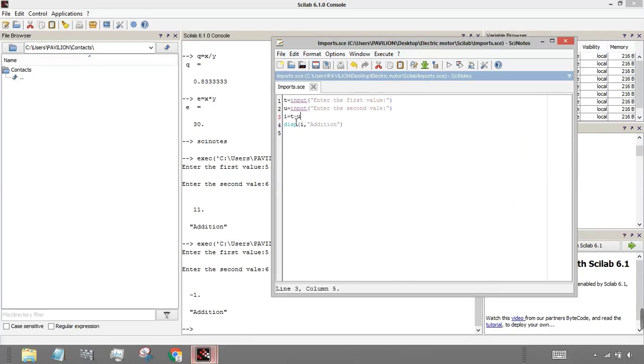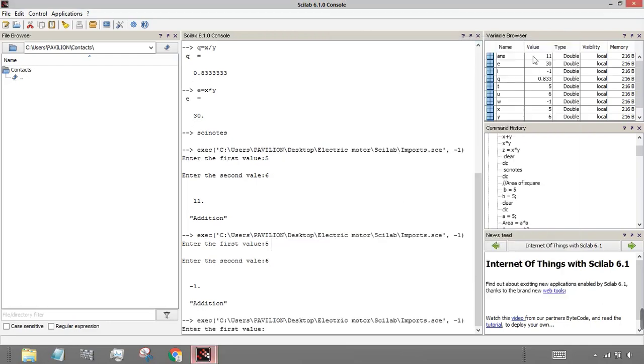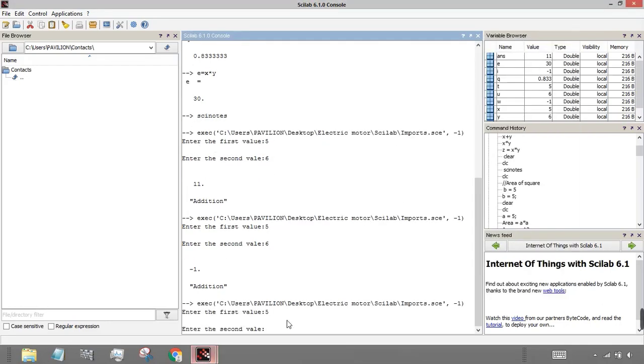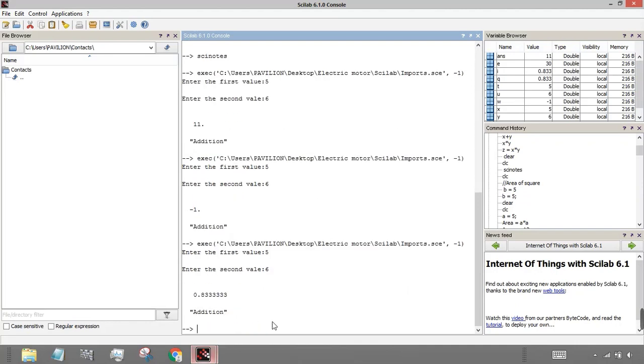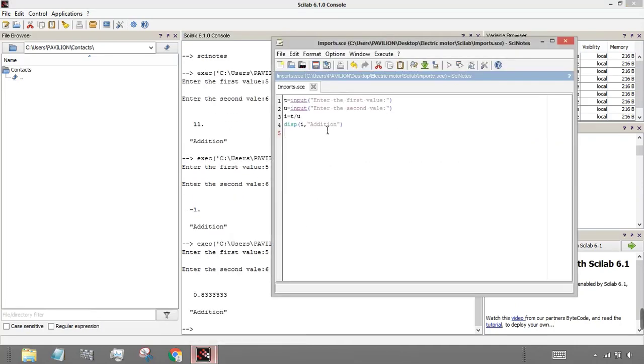Then for division, just change this value, then again save and execute, and again enter the respective values that you want, and you get the expected value.